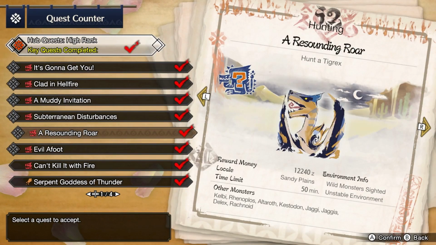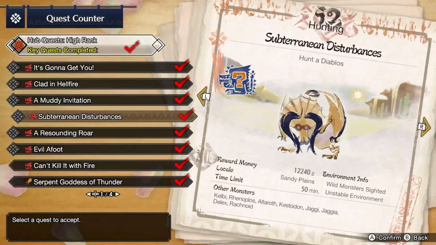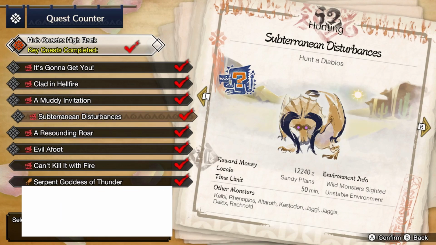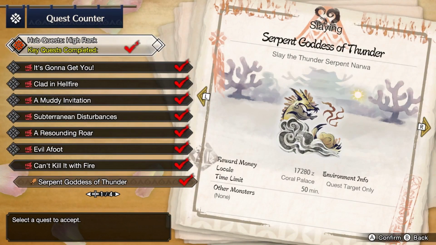Next, go ahead and hunt Tigrex in the key quest, A Resounding Roar. Finally, hunt Rajang in the key quest, Evil Afoot. If you're just a little baby, you can hunt Diablos in Subterranean Disturbances, but just know that I, Wesley Dale from Recommended Playing, will be personally judging you. Personally. Now, with the majority of the key quests completed, you'll have to face off against Thunder Serpent Narwa in